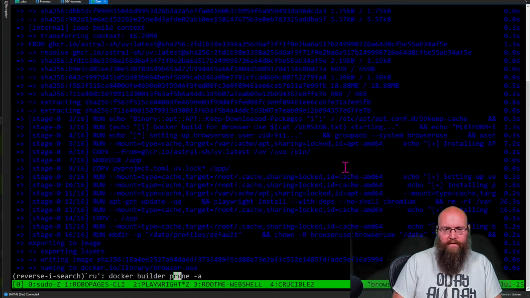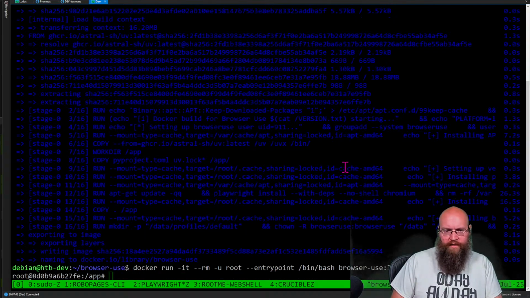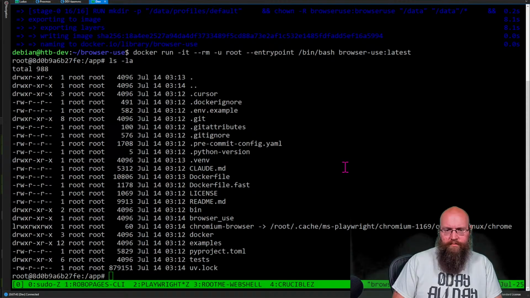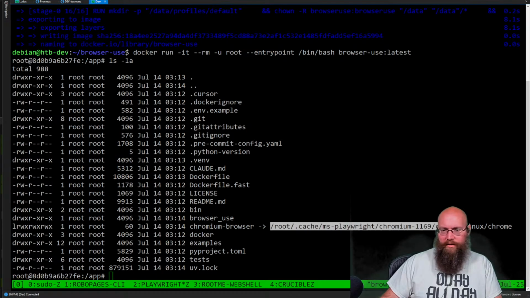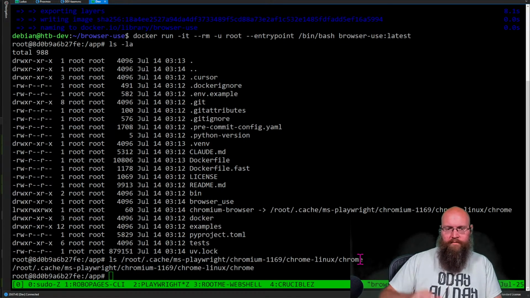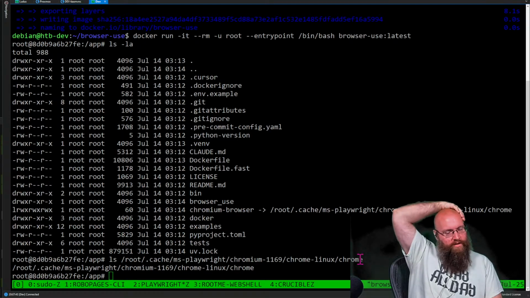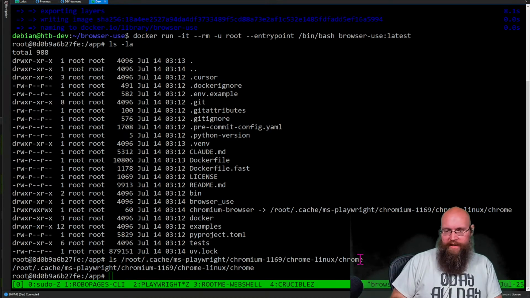Okay, so now let's try this again. There's Chromium. Let's go see if we actually got this. Yeah, so that's really weird. That one change, for some reason, seems to have fixed it.